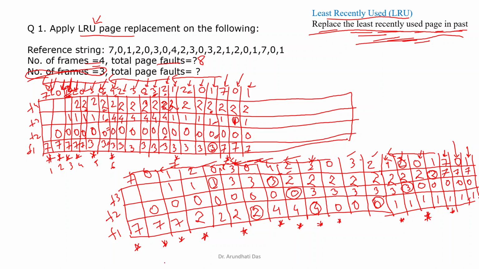So how many page faults are there? 1, 2, 3, 4, 5, 6, 7, 8, 9, 10, 11, 12. So here the number of page faults has increased tremendously from 8 with 4 frames to 12 when the number of frames is 3. So when we decrease the number of frames, the number of page faults increases. Okay, but